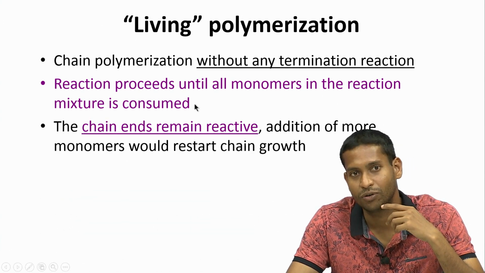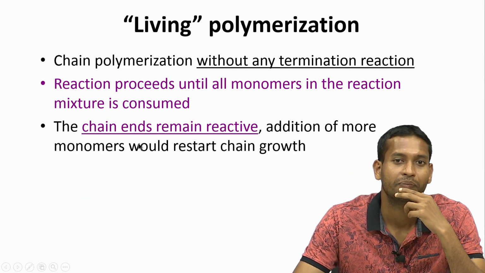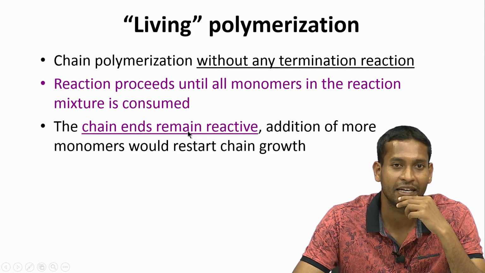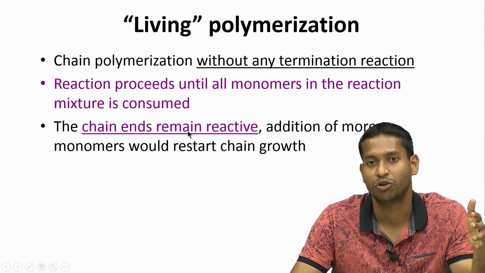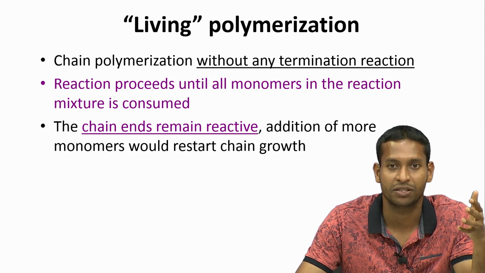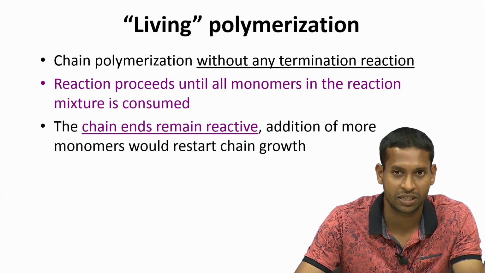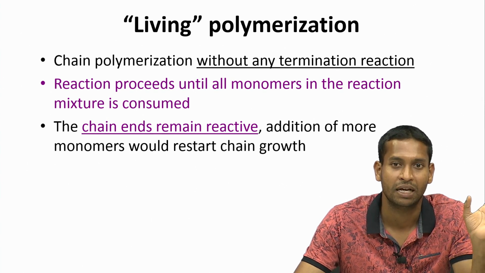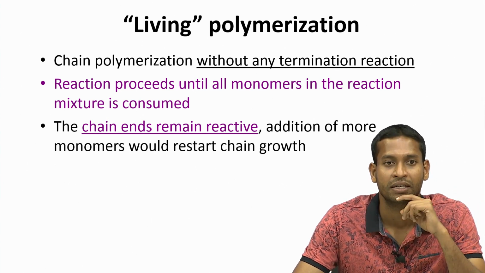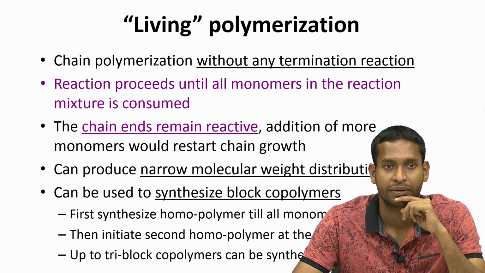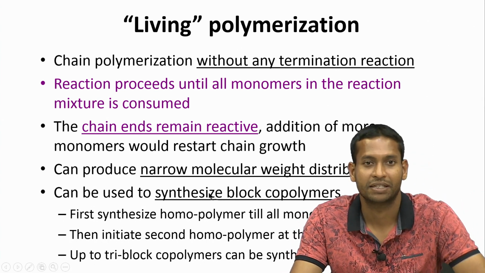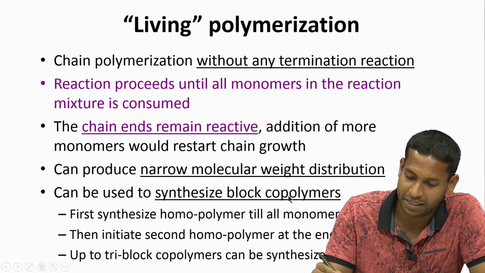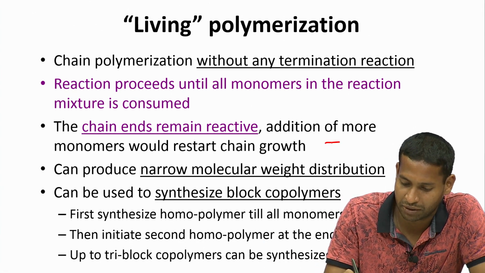One thing we can do is that, since the chain ends are reactive, we can put in another type of monomer which will then continue the reaction. So instead of having just a single type of monomer throughout the reaction, we can have 2 different types of monomer arranged in an order. So essentially we can synthesize block copolymers, because what will happen is you will have a molecule being generated here,